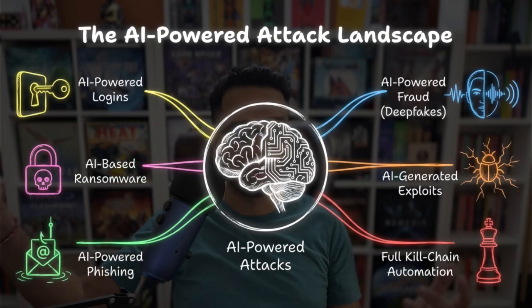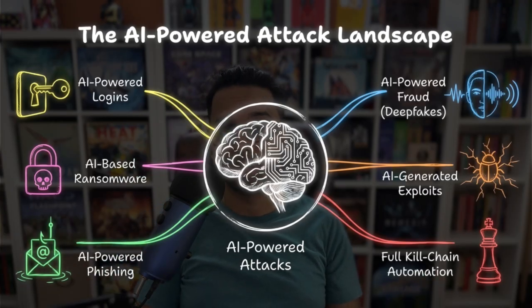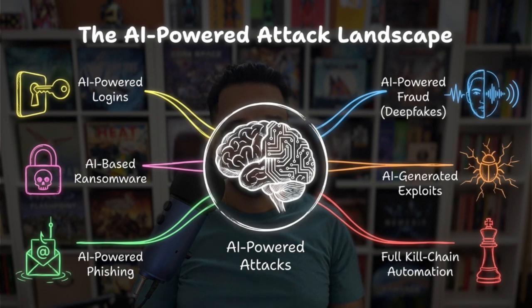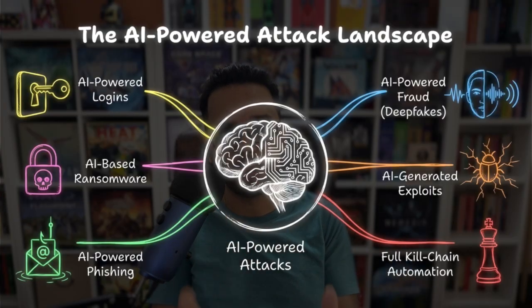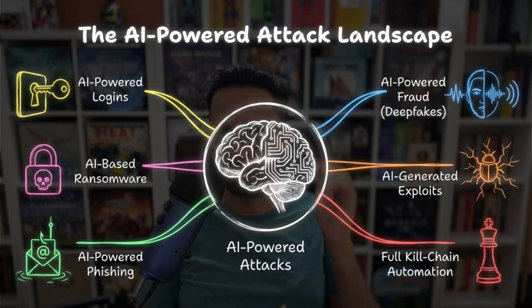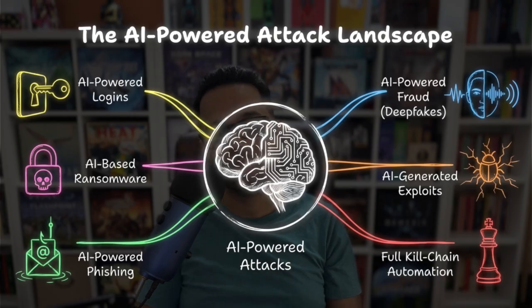So you will see a lot of these things are happening in today's world as well. If you just go to Google and try to figure out what are the recent AI-based ransomware attacks, you'll find a lot of those. Next is AI-powered phishing, right? Phishing, we all know. For example, let's say one of the biggest banks of India, someone will create an absolute replica of that bank's net banking page, and send the link to someone innocent who probably did not recognize it and will try to log into his or her account, and the credentials will be emailed to the hacker.